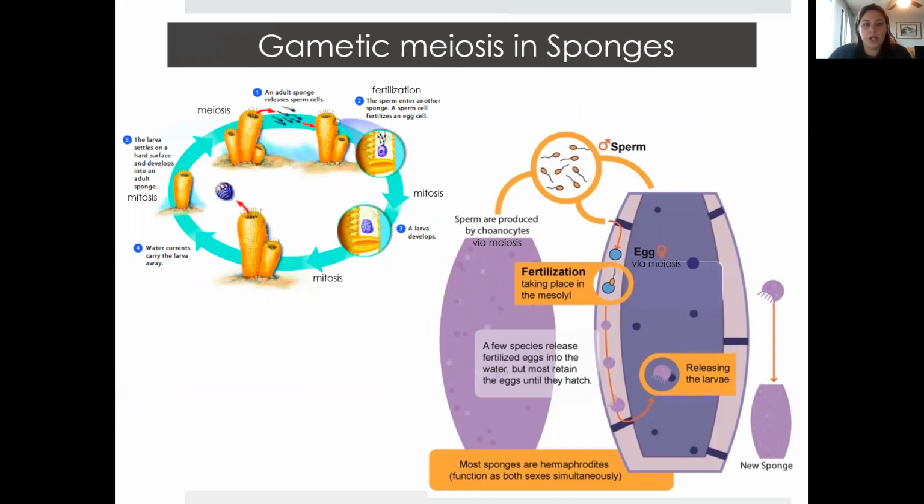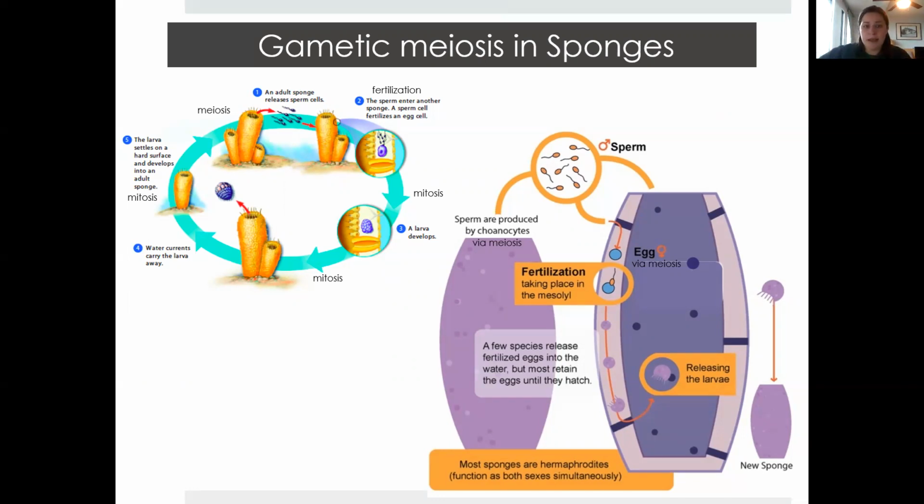So here we're taking a look at the gametic meiosis life cycle in sponges. Sponges are hermaphrodites, so that means that they produce sperm and egg within the same sponge. And another cool thing is that they have synchronous spawning. So all of the sponges simultaneously release their sperm into the water. And again, they're always pumping and filtering that water. So they're actually bringing in the sperm, and